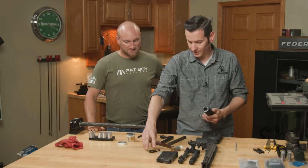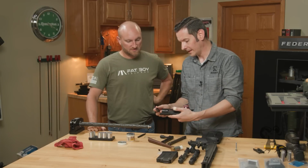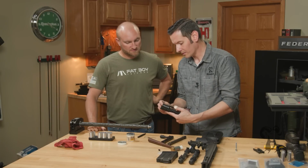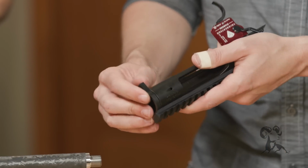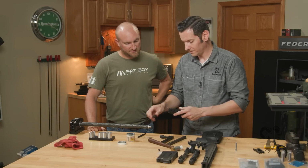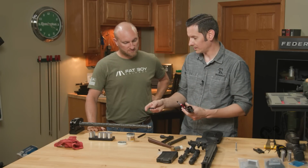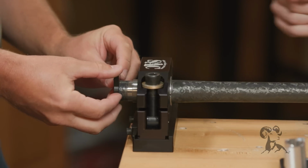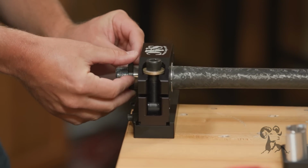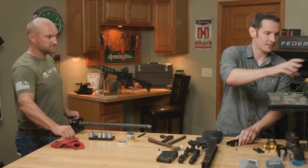All right, so with this, we have our recoil lug. That's just gonna lock in. It's gonna go over the barrel, and that pin's gonna index on the bottom. All right, so what we're gonna do is I'll have you just slide this on first with that pin facing you. Yep. And then, just to make things a little bit easier,